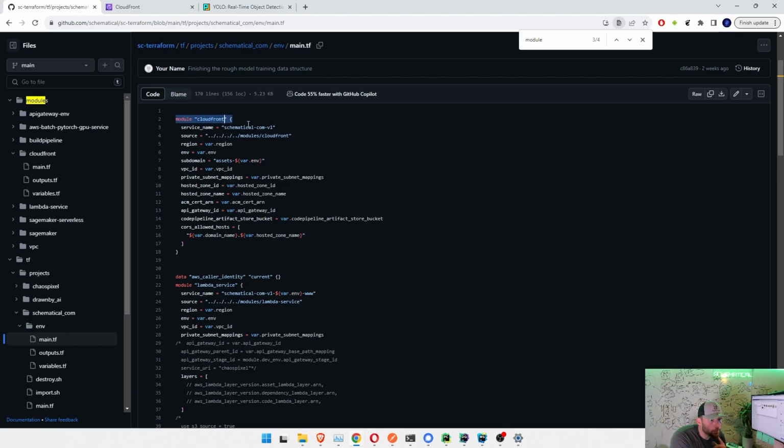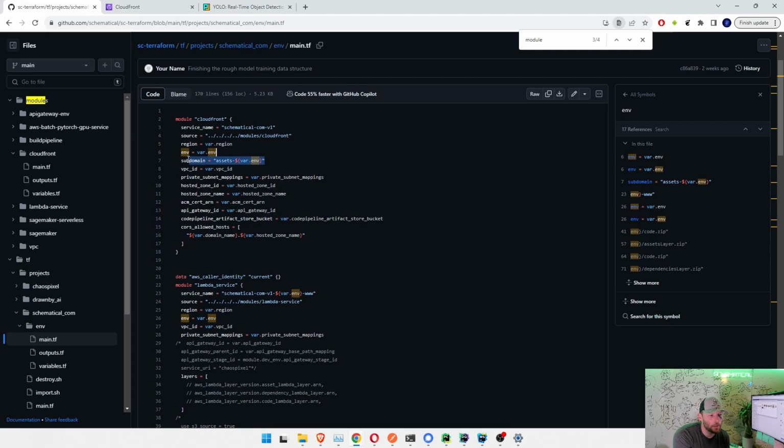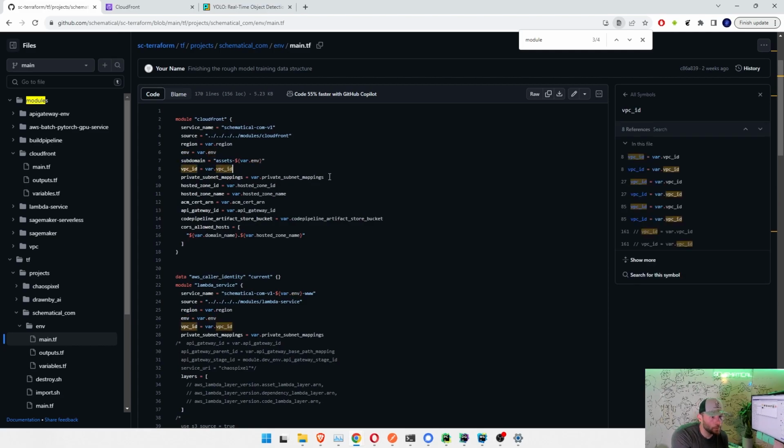All right, so here, first thing we've got is a module, and the service name is schematical-com-v1. And the source, outside of this, I'd actually reference it by the Git URL. I can help you with that. If you have questions, I reference it in different places like that. This is inside the module, so I'm just referencing it by its static, relative path name. And the region and the environment are all pretty simple. And then this one's assets-environment, so assets-prod, etc. And then the VPC ID from the VPC module, the private subnet mappings from the VPC module,